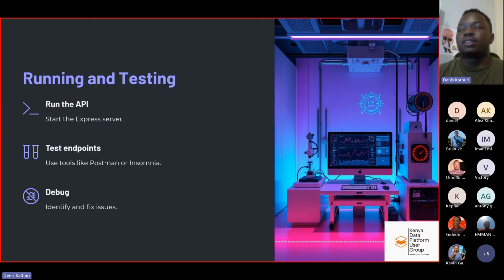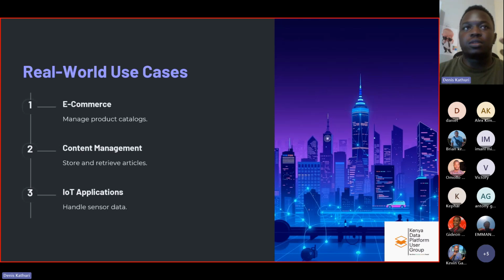we'll be able to run and test our API, which will start the Express server, test the endpoints, debug any errors we will have, and also fix the issues we'll be having on our project. And some real world use cases of building an API: you can build an e-commerce application where you manage product catalogs, a contact management system, and also an IoT